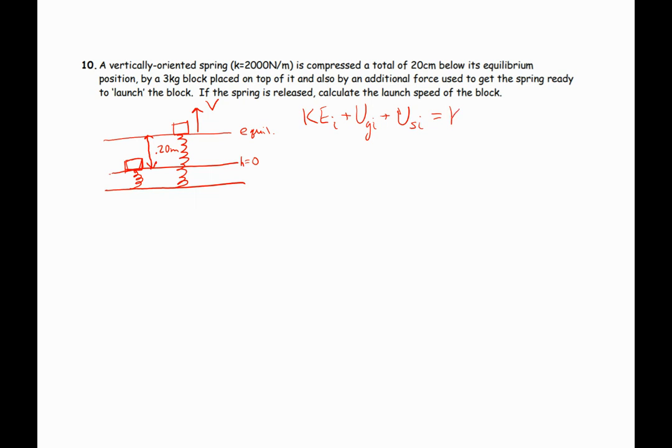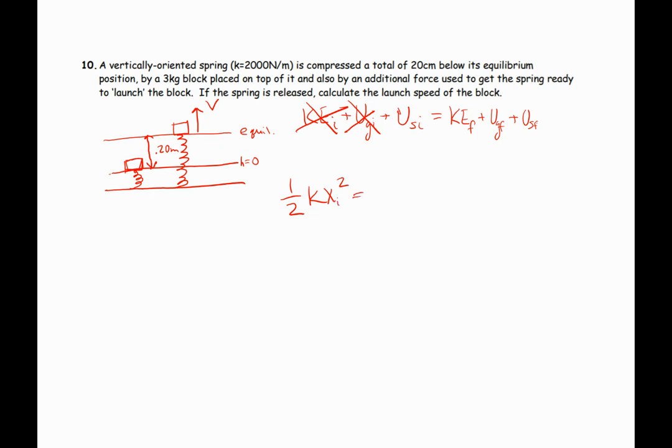And so then I'm just going to look at my kinetic energy final plus my gravitational energy final plus my spring potential energy final. In the very beginning, I don't have kinetic energy, and I set my height equal to 0, so I don't have gravitational potential energy. So I have this spring that's being released, and when that spring is being released, 1/2 kx squared,